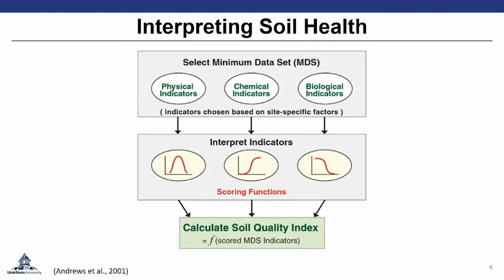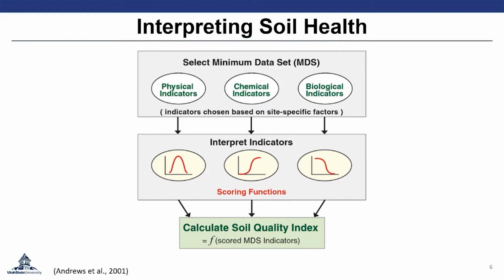The midpoint optimum, more is better, and then less is better. So the midpoint optimum would be an example of, say, phosphorus, where your soil health indicator value, going along the x-axis there,